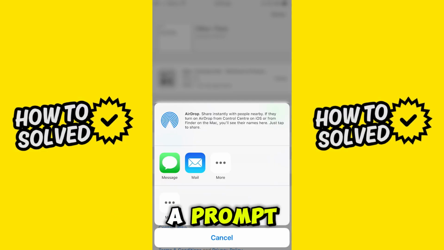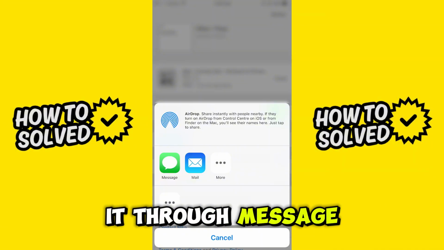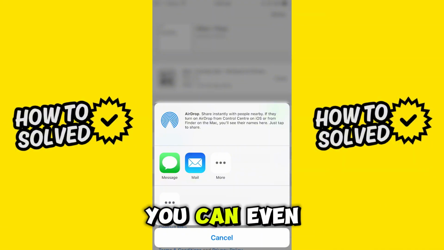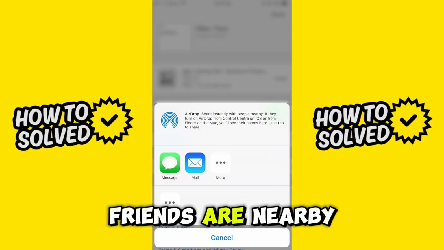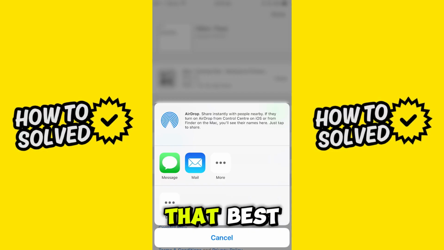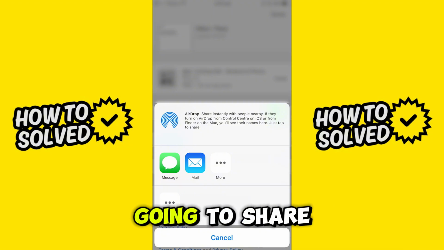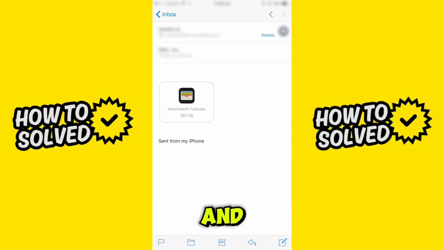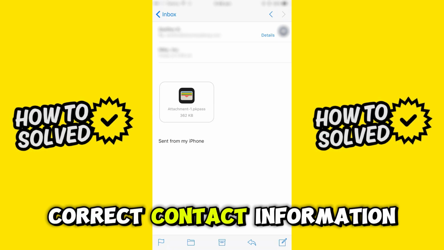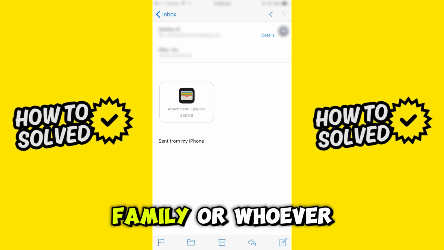you will get a prompt telling you that you can share it through message, mail, or more options. You can even AirDrop if your friends are nearby. Select the option that best applies to you. As you can see on the screen, this is how it looks if you are going to share it by email. And as long as you input the correct contact information of your friends, family, or whoever it is